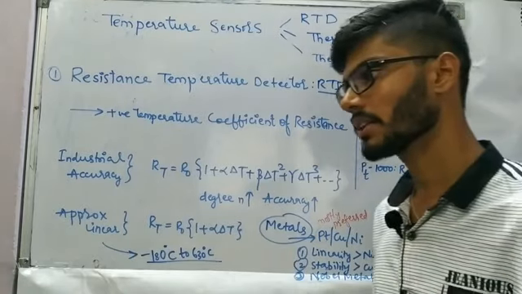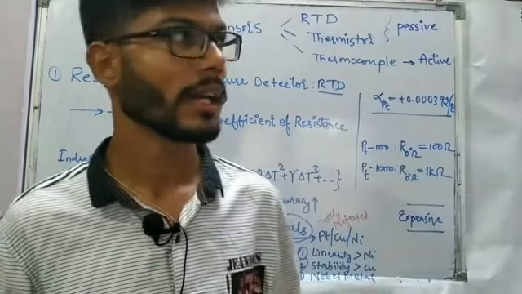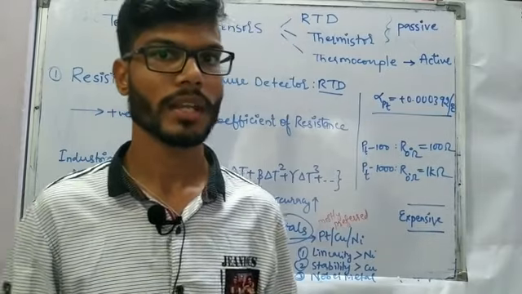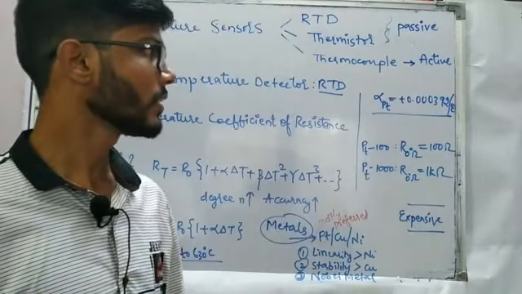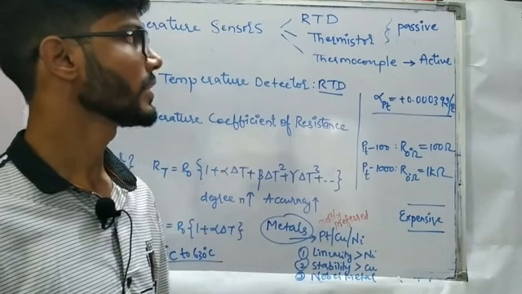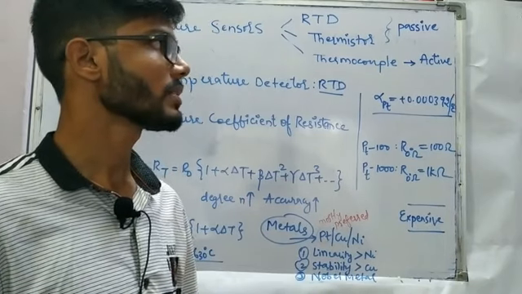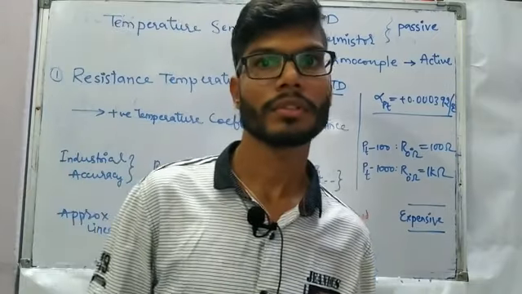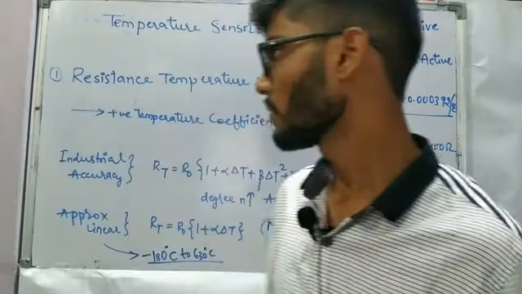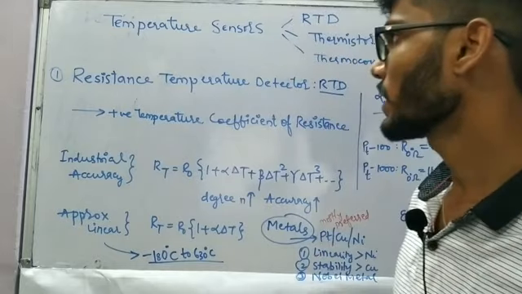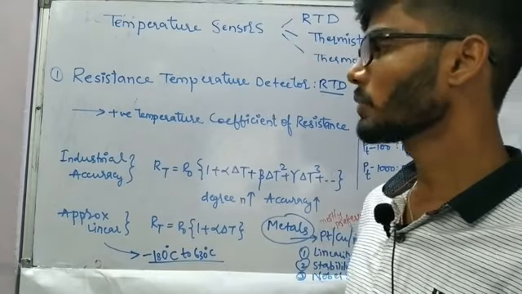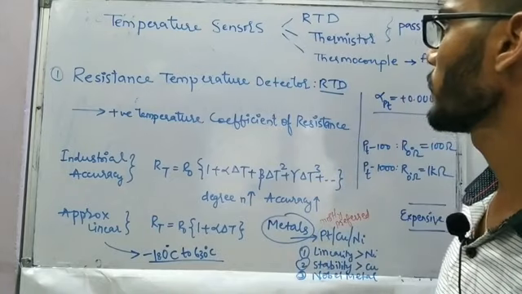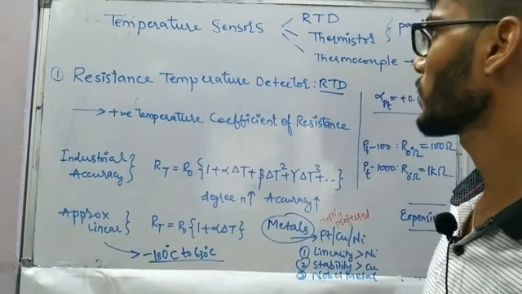What does that mean, active sensors and passive sensors? Active sensors are sensors which do not require any external supply for their operation, whereas RTD and thermistor are passive, so they are going to require an external supply to make use of the effect which is taking place. So to get some meaningful output, we need to provide some external source, so that only then will we be able to extract some information out of them.